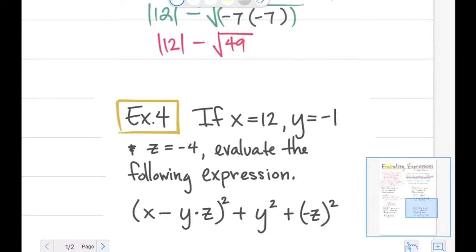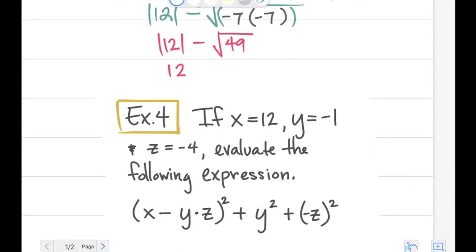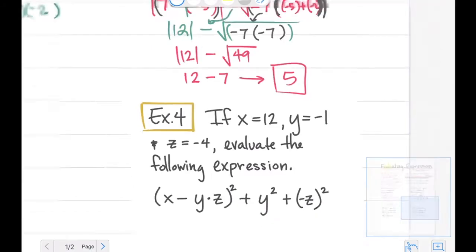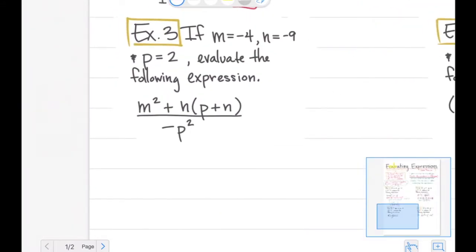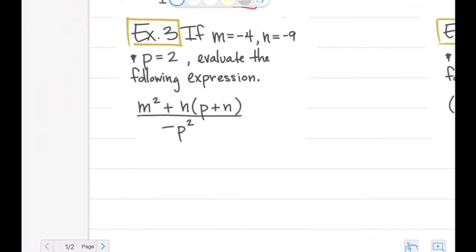So at this point we can go ahead and say that the absolute value of 12 is 12, minus the square root of 49, which is 7, and 12 minus 7 gives you 5. And we're finished. All right, next, if m equals -4, n equals -9, and p equals 2, evaluate the following